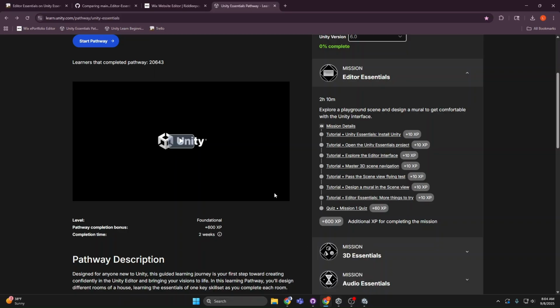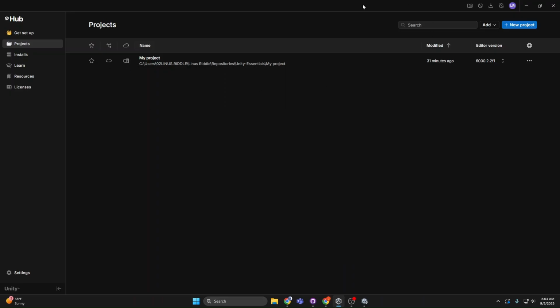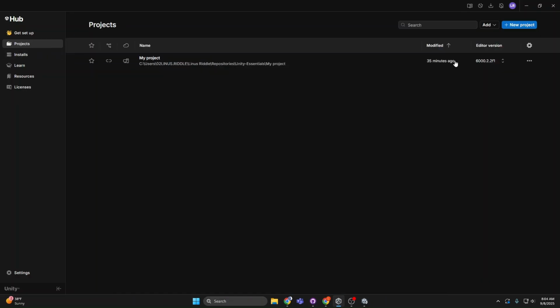For installing Unity, this was already on the school computer, but then I had to install the Unity Essentials project, which was pretty easy. You just click this, and then there it is. And then once you load it up,